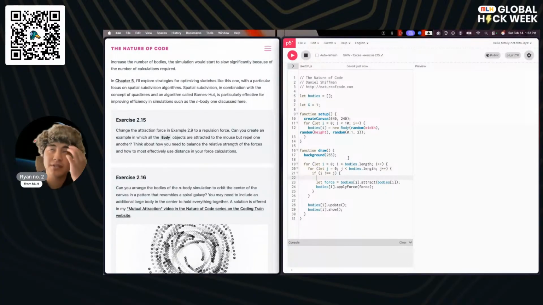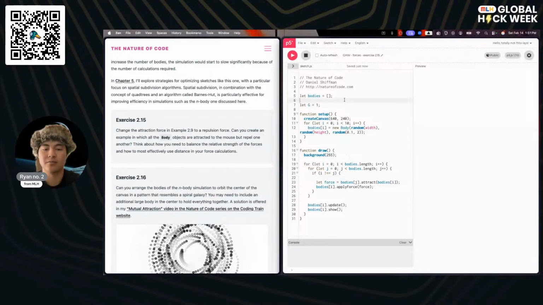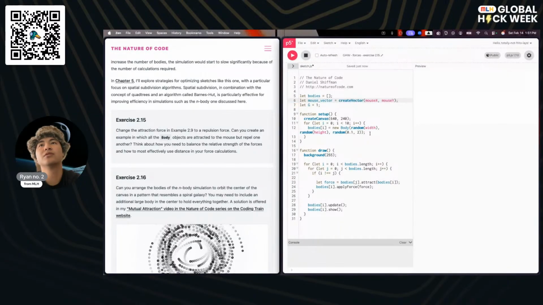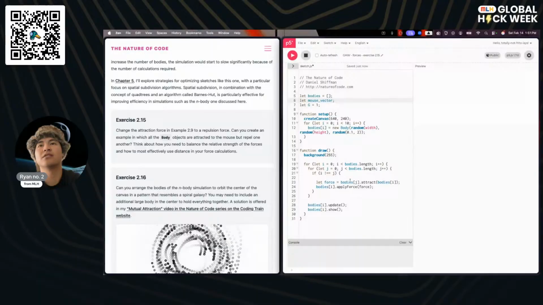I don't know where we would need to set that up. Let's just set it up out here. Mouse vector. And then we also continually, I guess we don't need to instantiate it there.